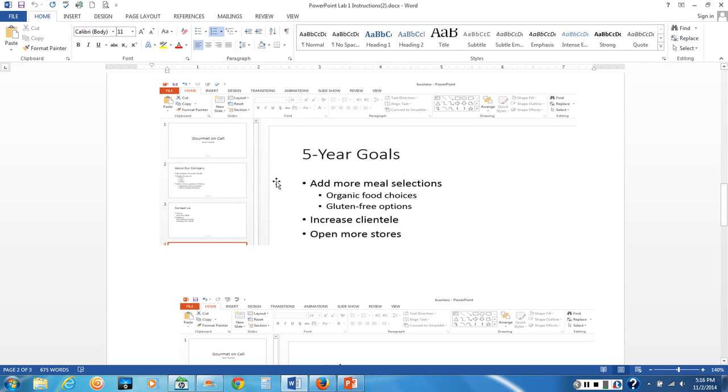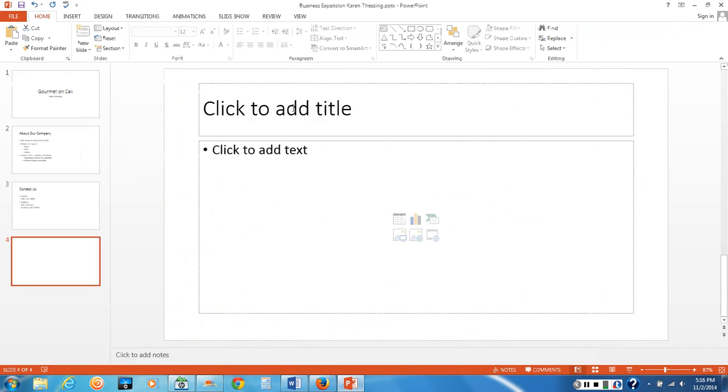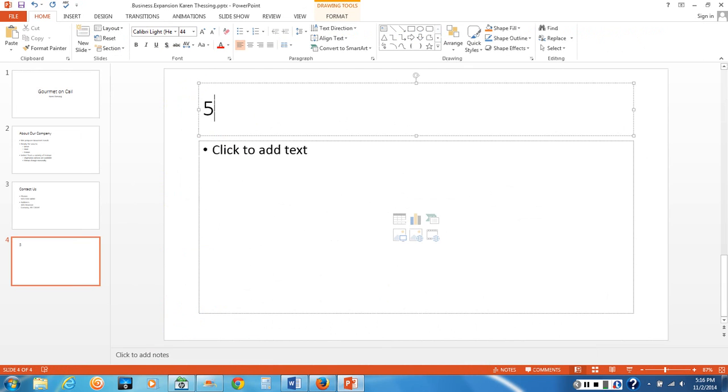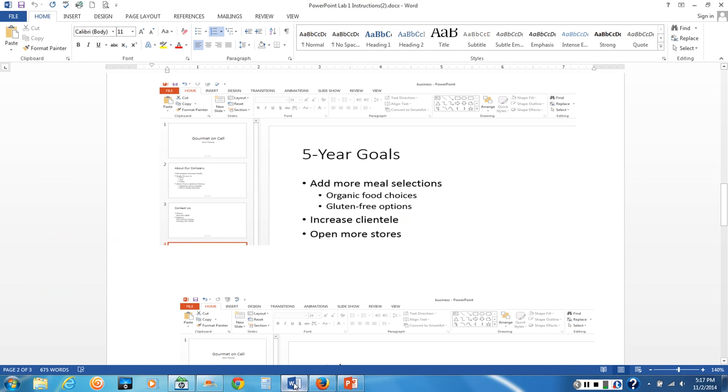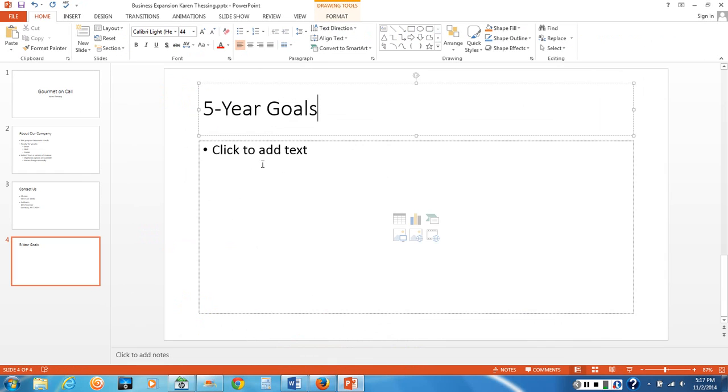So this is my instruction sheet. So now I'm going to bring up my PowerPoint, type in 5-year goals. Now going back to my Word instruction file, I need to add a bullet in the text placeholder that says add more meal selections. So I'll bring up my PowerPoint work file, click here, type in add more meal selections,